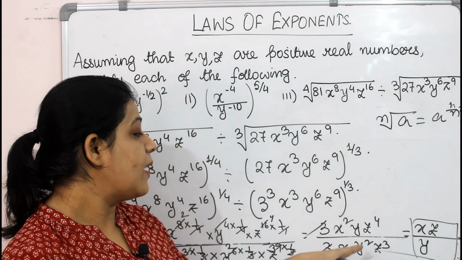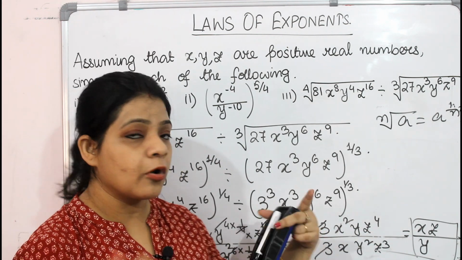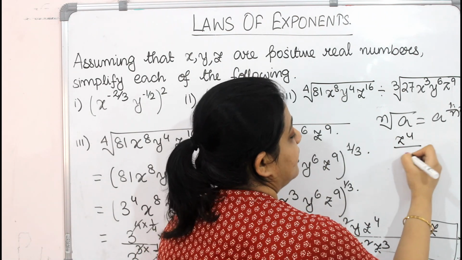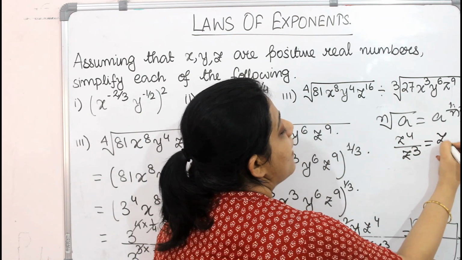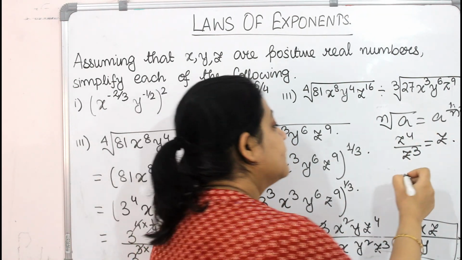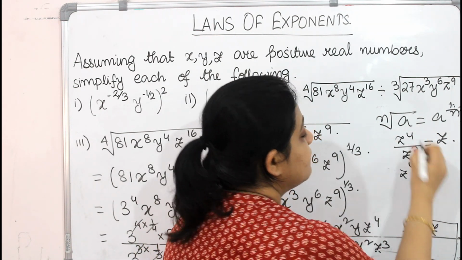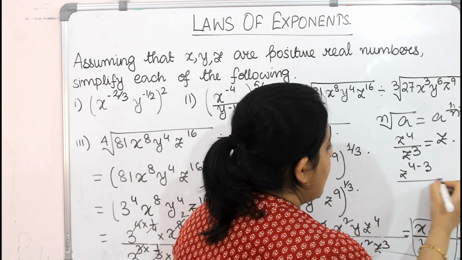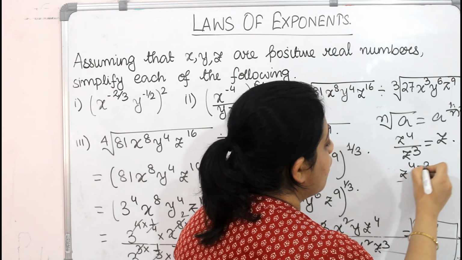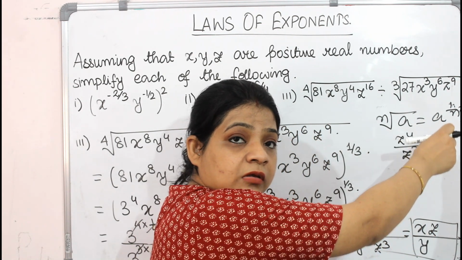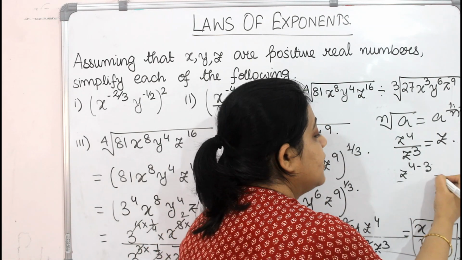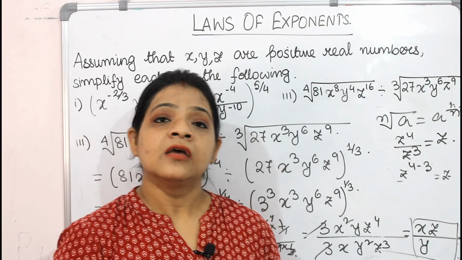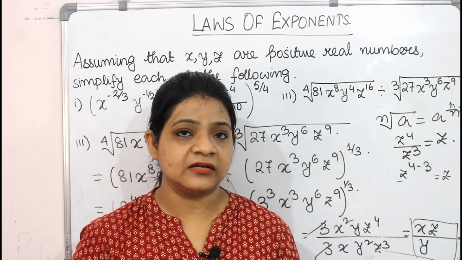Okay, now you may wonder that probably some of you may face problem like z to the power of 4 by z cube. How has it become z? See here, z to the power of 4 minus 3, both of them have the same base, isn't it? So you will just subtract the powers. So for that you are getting it as z. Z to the power of 1 is z. Okay, so these are all about the third category of sums.